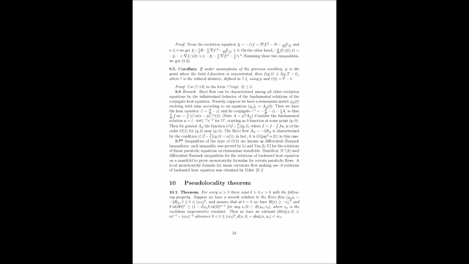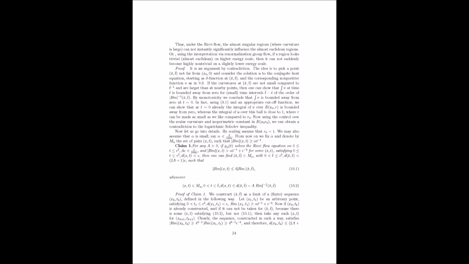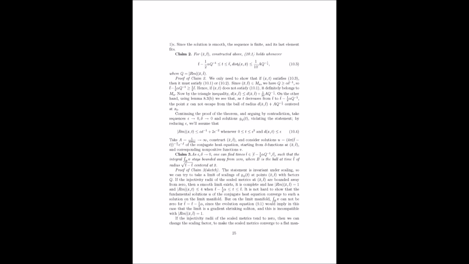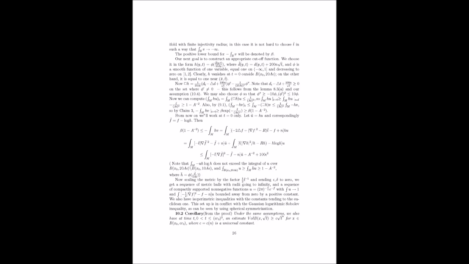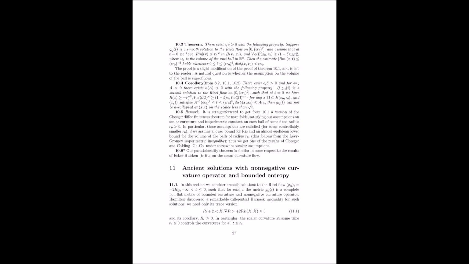Right. So Perelman actually gives us a few different theorems, each with slightly different conditions and conclusions. Let's start with theorem 4.1, which deals with smooth solutions to the Ricci flow on a closed manifold over a finite time interval. Basically, it says that local collapsing cannot occur at the final time. So if we run the Ricci flow for a fixed amount of time, we're guaranteed that there won't be any local collapsing at the very end. How do we know that?